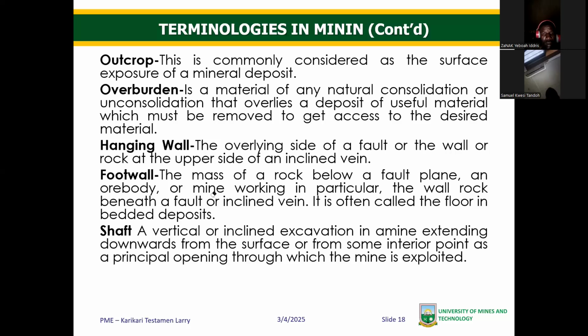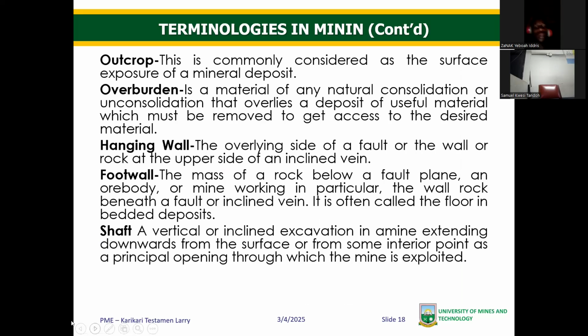The hanging wall: the overlying side of a fault, or the wall or rock at the upper side of an inclined vein. So let's read the hanging wall. After that, you go back to the picture and then look at it. The overlying side of a fault, or the wall, or a rock at the upper side of an inclined vein. So if there is an inclined vein, the upper side of that inclined vein is simply the